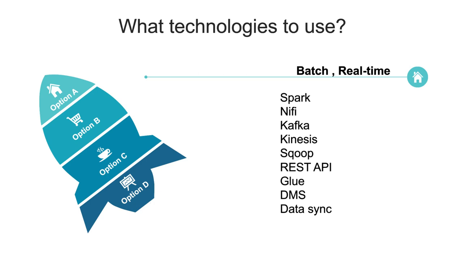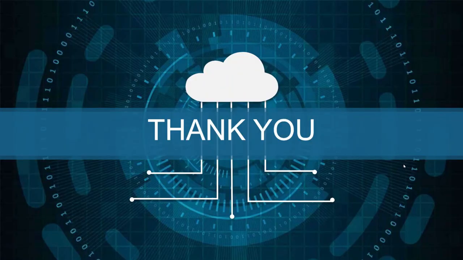Otherwise, there are services provided by AWS also which can be used for data ingestion, like AWS Glue, data migration service. We spoke about DMS in the migration video. DMS can be used, or DataSync can be used if you want to copy data from on-prem to cloud. So there are different mechanisms and technologies to use when we want to ingest data. Now this video was all about what data ingestion is, the types, the mechanism, and some of the very frequently asked questions. So that's for data ingestion.